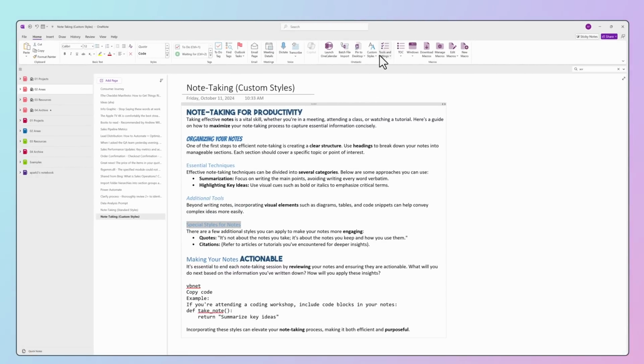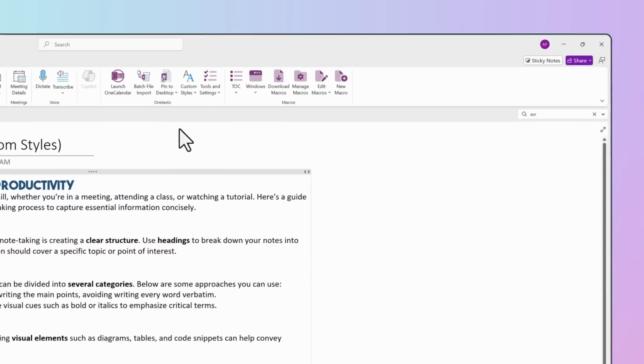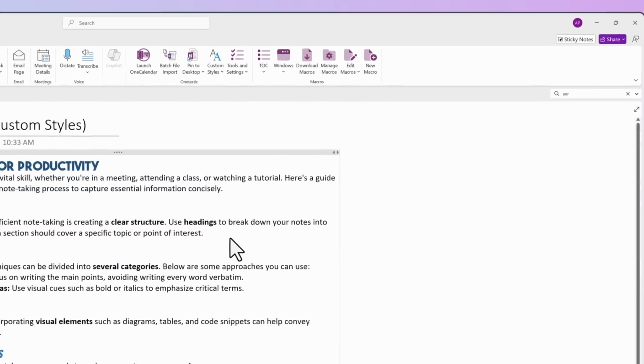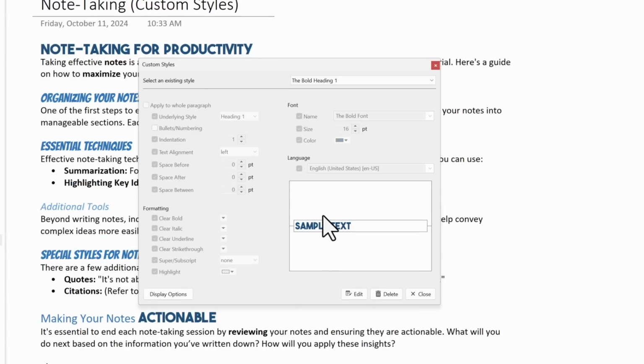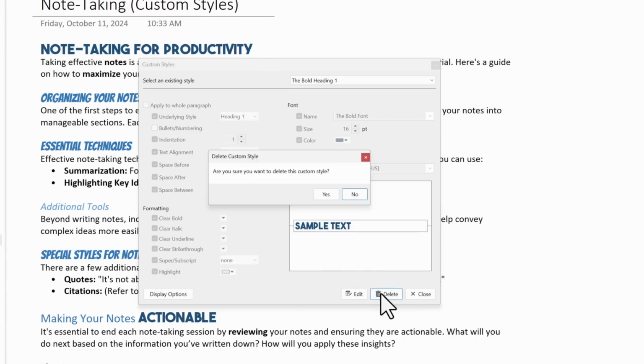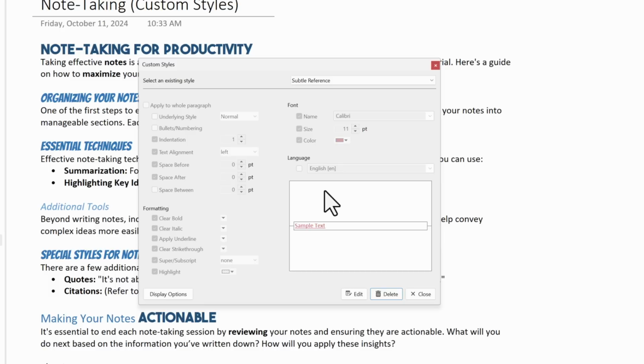Let's select this text and choose Bangers and do the same with this text. Maybe not the most appealing, but you get the idea. To manage your custom styles, just come back to this menu, choose manage, select the appropriate style, and you can delete it, hit yes to confirm,